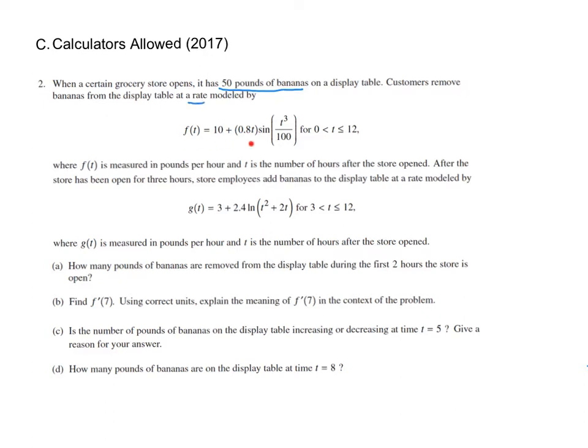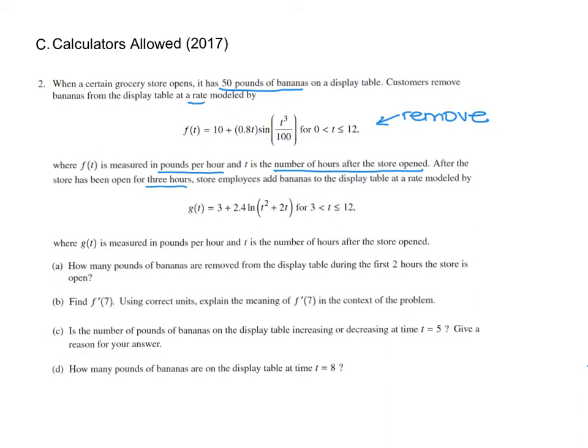So f of t is the rate of change, and that's how fast the bananas are being removed from the table. And f of t is measured in pounds per hour. t is the number of hours after the store opened. After the store has opened for 3 hours,